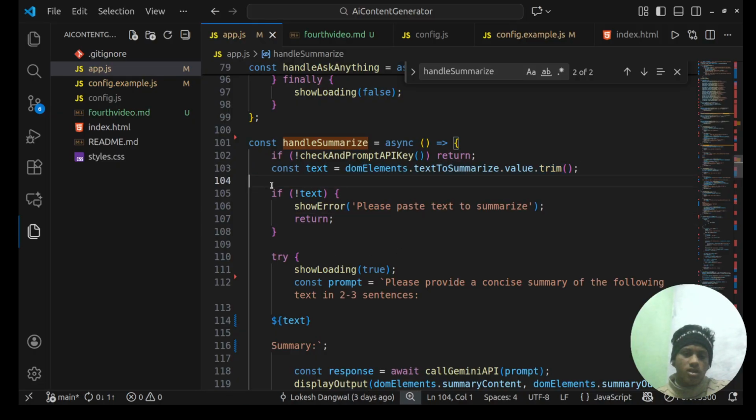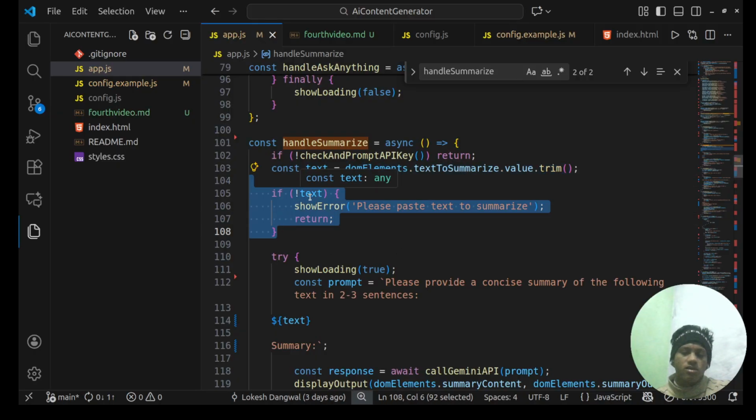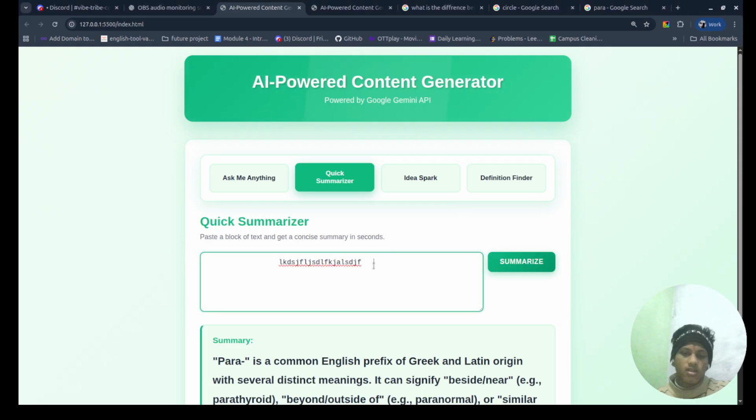Here it checks if the text is a false value, then it will show an error, please paste text to summarize.